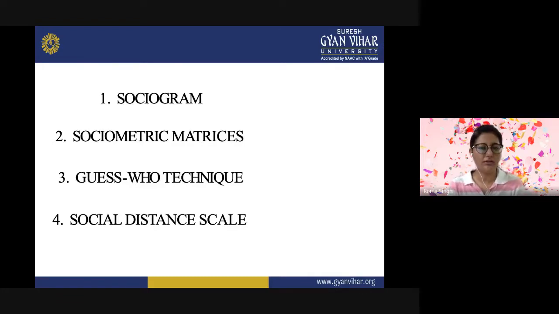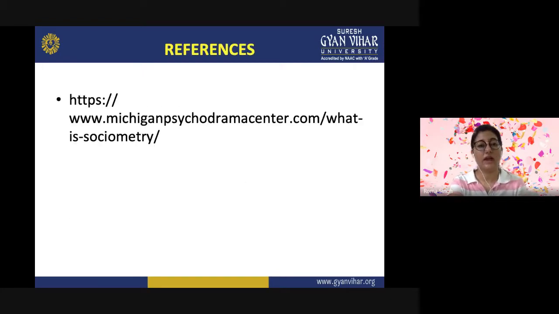So these are all the techniques which a teacher should learn and try to use in his class. So please go through the references. You will be able to find out more about sociometry through eGyanKosh and the previous classes in which we have discussed the tools and techniques of data collection or evaluation. And this is how you will be able to find out a very new, good technique of evaluation. And if it is done successfully in the class, you will be able to improve the group relations and the social relations in the class.